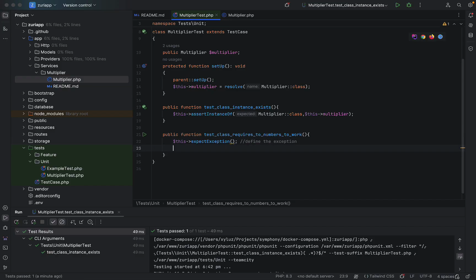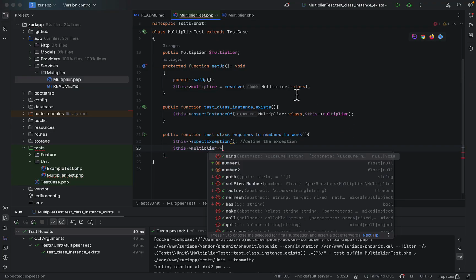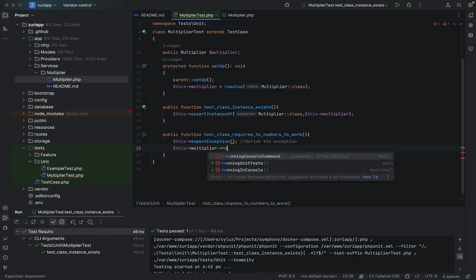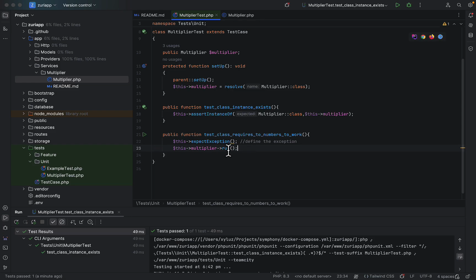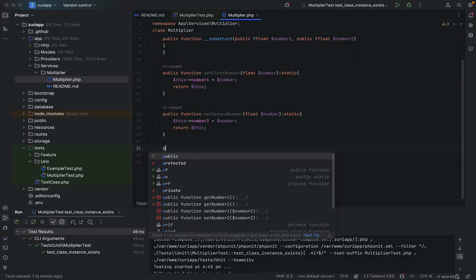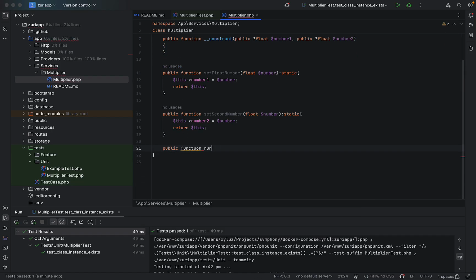We can write a custom exception for that, and then I'm going to say this multiplier, which is, again, remember this class is the multiplier, gets I'll just say run for now because we don't have a run method yet. The run method is supposed to be the one that runs the thing after we've set everything. So let's say public function run method, if I spell function properly, and move this over there. So this is going to take,